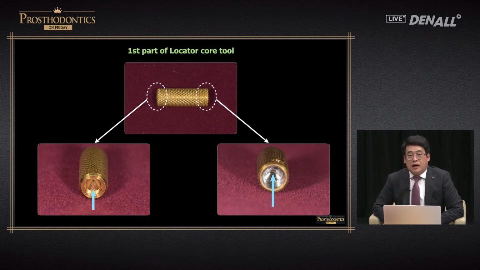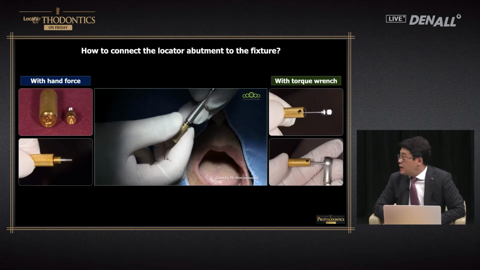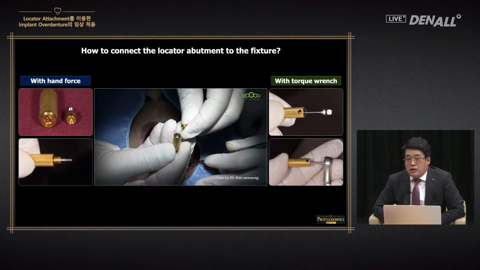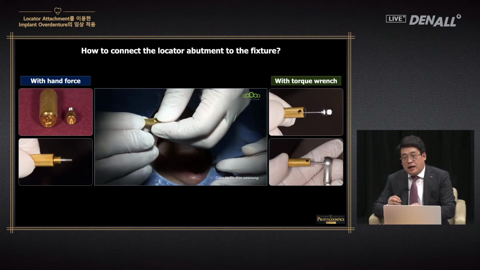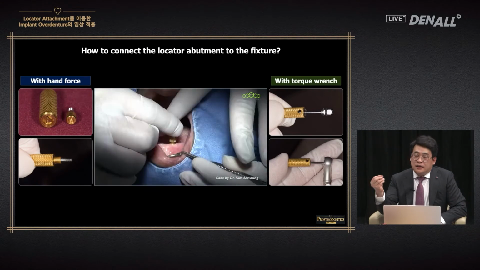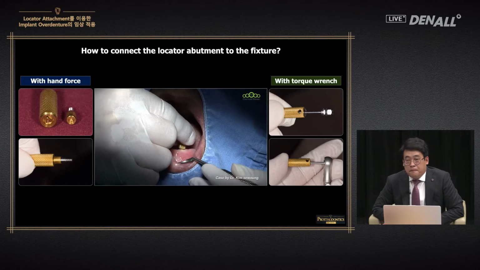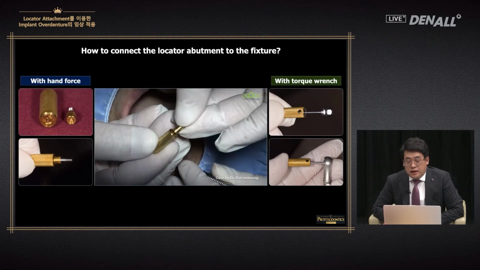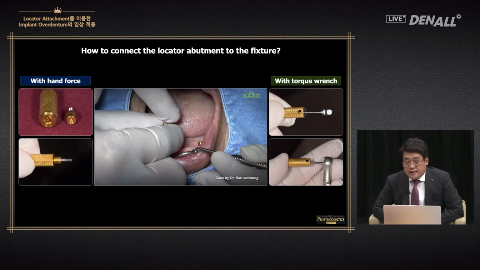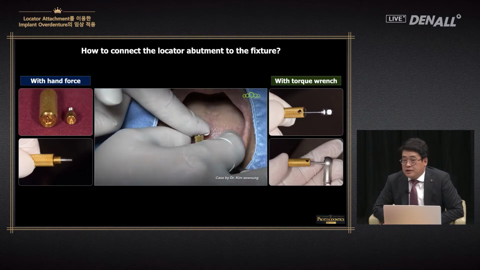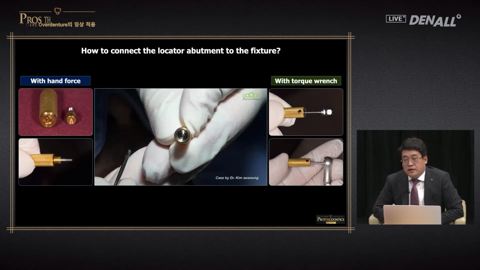Choose the appropriate locator attachment, and using the first piece, you can connect it with your hand. You can see the video. It is not fully bound, therefore, when you move it to oral cavity, you need to be careful so that it does not fall off. You need to connect using your hand first, and after that, when you give torque value, I've mentioned earlier that there's hex hole on the other side. You need to connect the hex driver to that hole